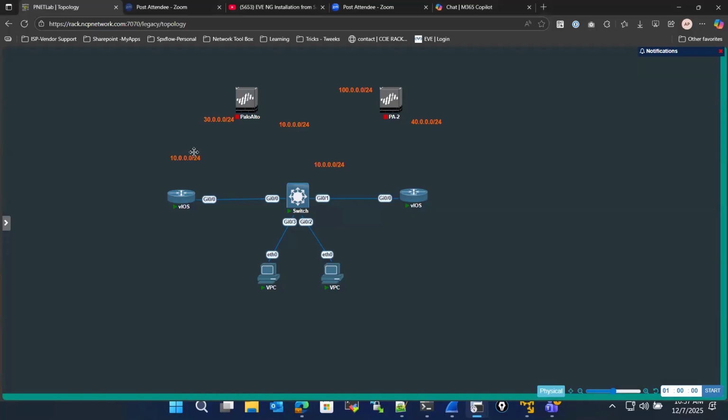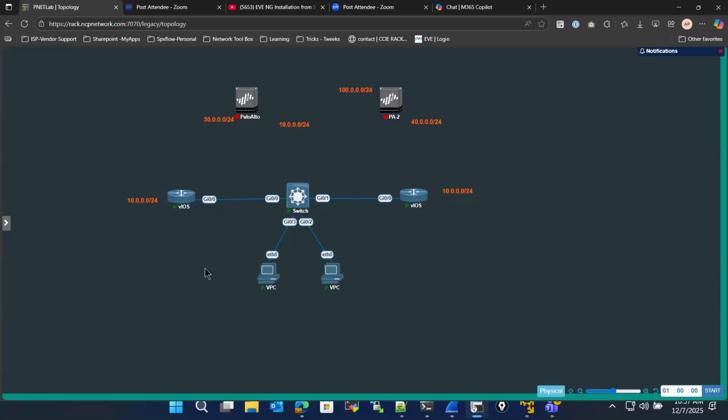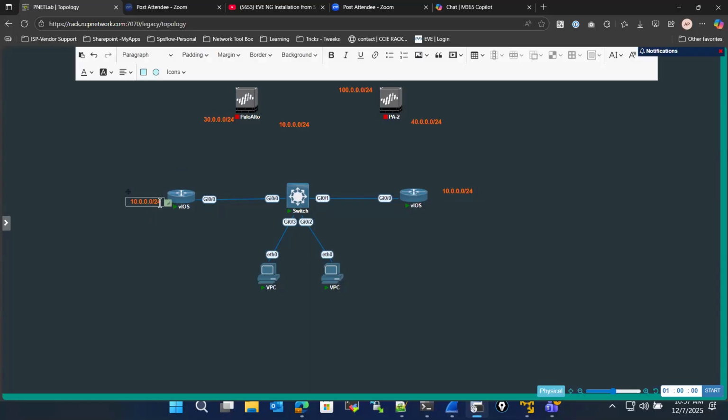So let's modify this topology a bit. Here we will have a 10 network on the left hand side. 10.1.1.1, let's make it simple. 10.0.0.0/24. So on VLAN 10,